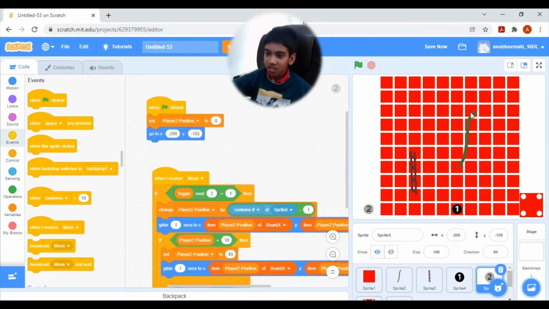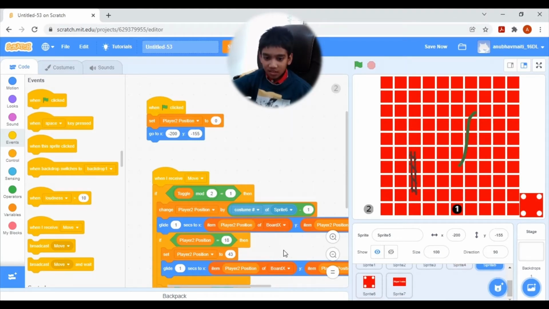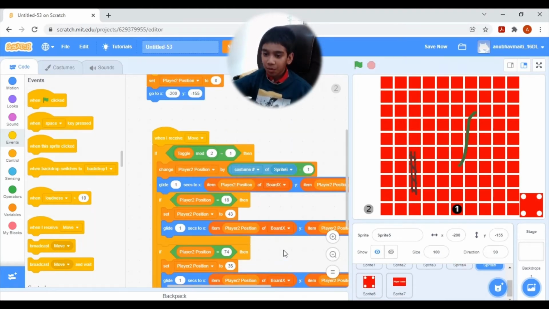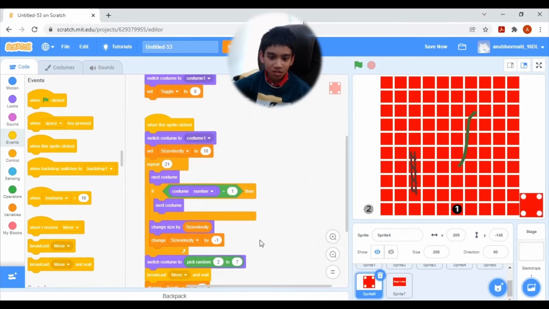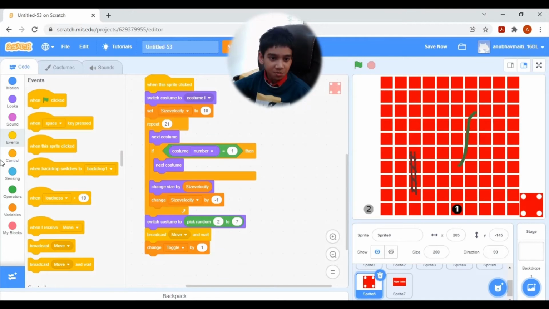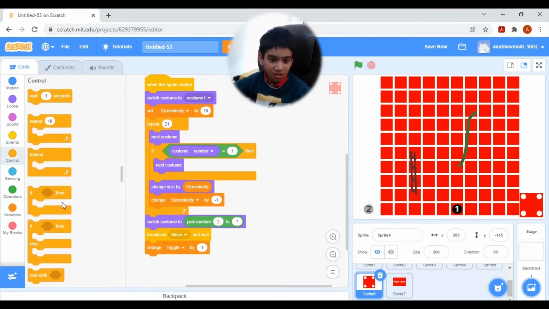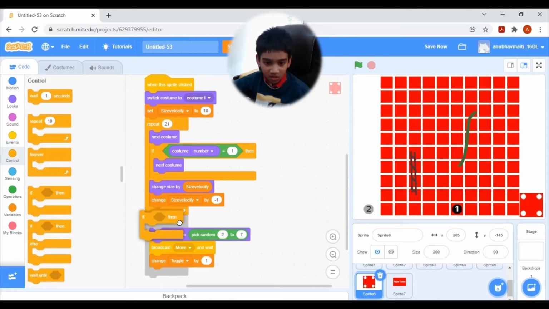Position to 0, as it can work. As the ladder worked, the snake will also work. And so here is a problem. Any player does not start from 1. It starts from any number. To prevent this, let's put here an if block,